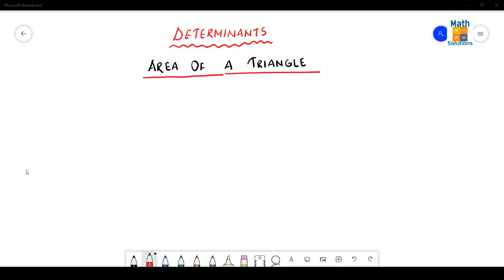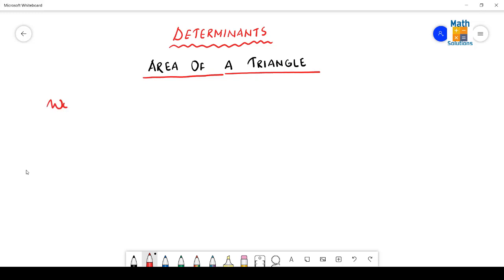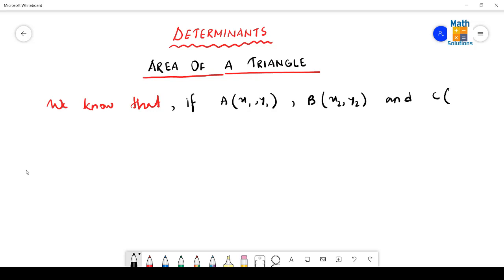Hello everyone. Through this video we are going to discuss the concept of area of a triangle in terms of determinants. Actually we know that if capital A (x1, y1), capital B (x2, y2) and capital C (x3, y3) are the vertices